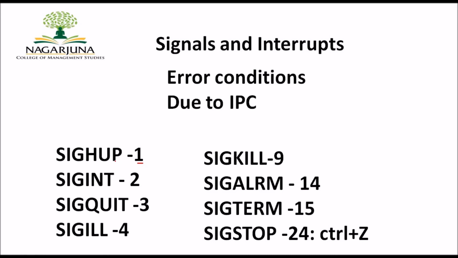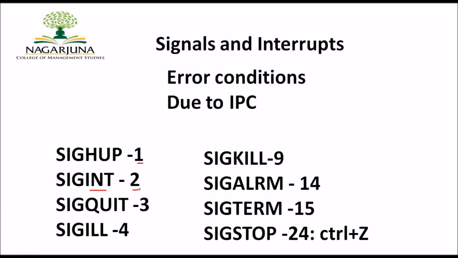If you would like to hang up your process, then the system is going to initiate with the signal called SIG HUP, or it can also be initiated with the signal number. The signal number associated with SIGHUP is 1. Now if I would like to interrupt the process, or tell the process to exit, then I'm going to make use of SIGINT. INT stands for interrupt, and its signal number is 2.